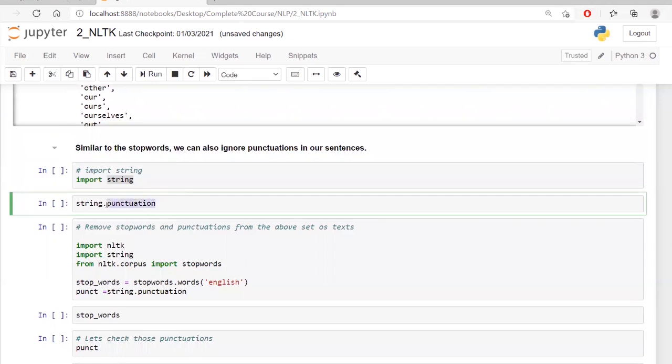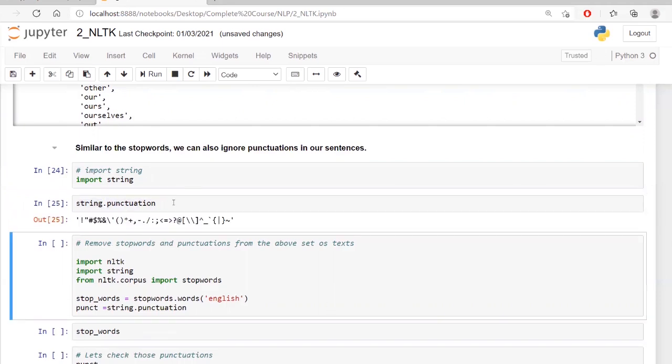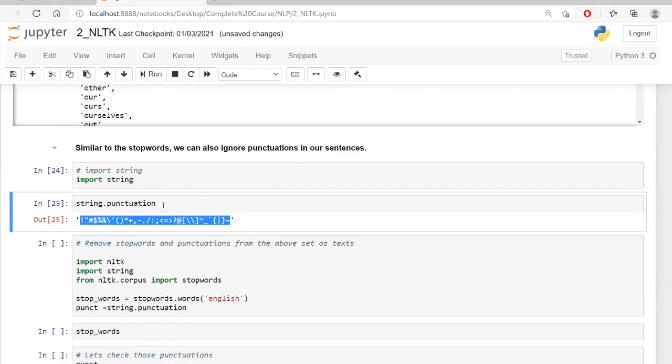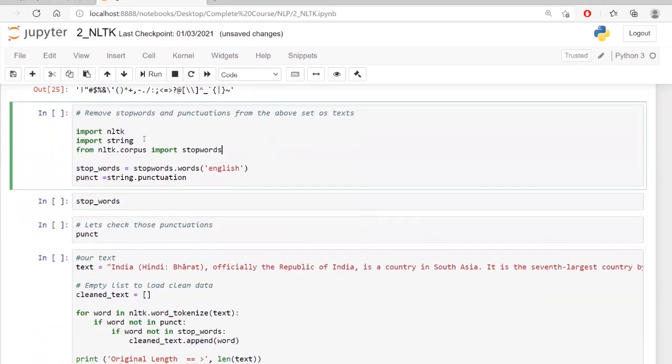That punctuation is available in the string. First, I'm importing string and string.punctuation, and these are all the punctuations available in the string. These are what we treat as punctuations. If you look into this, they don't make any sense in the language, right? But we need these punctuations in our language to express something, to indicate something, to represent something. Still, when I'm processing, I don't need all of them. Fine, let's see how I can